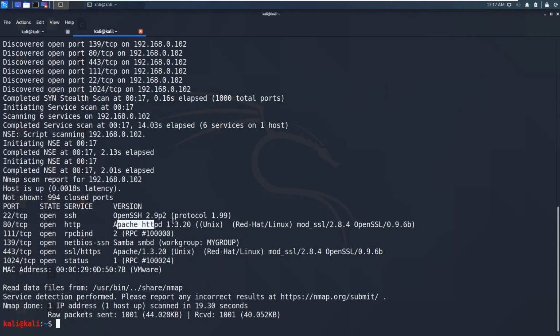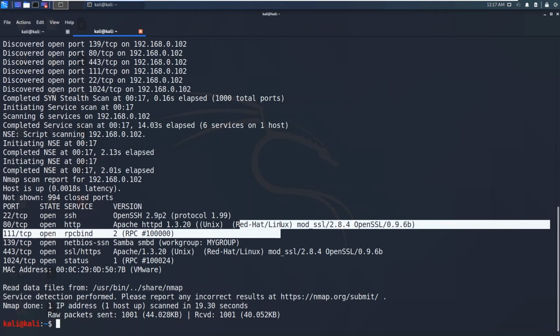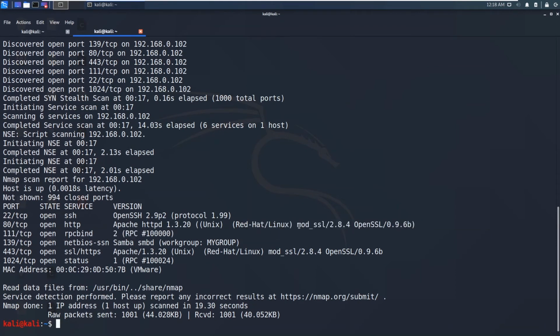can see Apache httpd 1.3.20. It's running Red Hat Linux, and this is mod_ssl and OpenSSL. If you type this mod_ssl and/or version number into Google, you can get some exploits you can use to take advantage of this system. And you can see there is Samba, workgroup name is MYGROUP, and Apache, and so on. In this way we can get the version numbers of the services running on